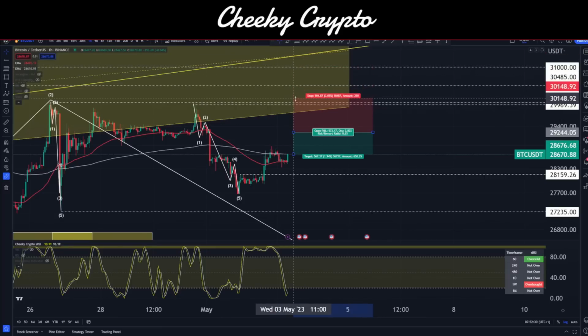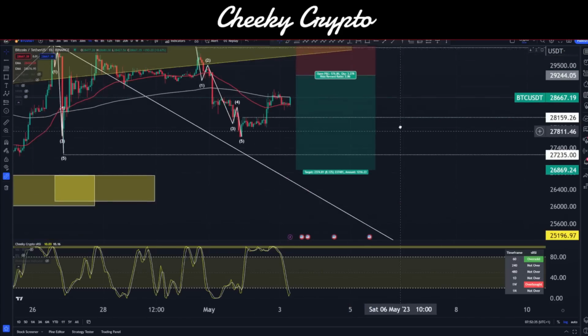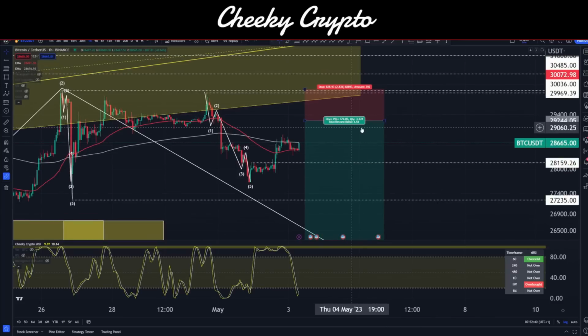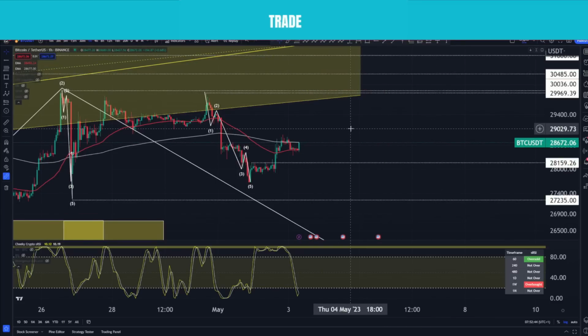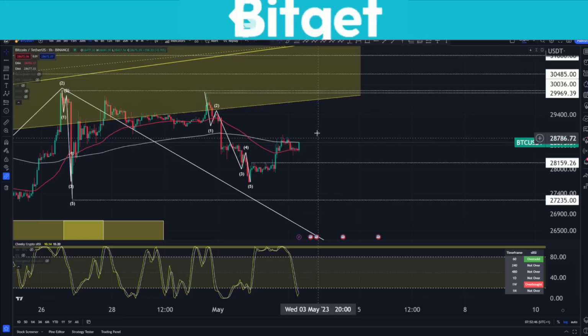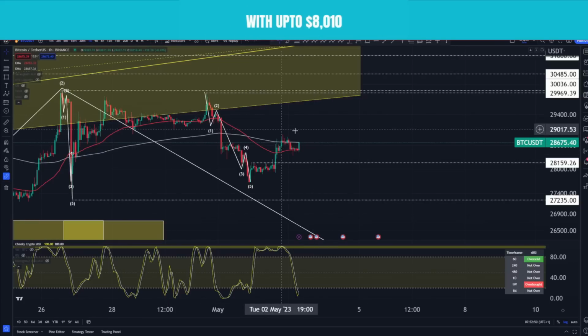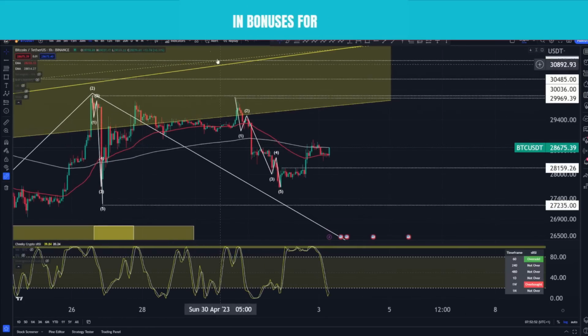Okay, but if we're going to keep things nice and tight, I would be looking at keeping it above 30,036, and then I'll be targeting that 24K area down here, and we'll be getting a real good risk-reward ratio. Okay, again, I'm not a financial advisor. I can't give you financial advice. All I can do is give you my thoughts and opinions on the data as I see it and what I would be doing personally if I look at the charts through certain lenses.